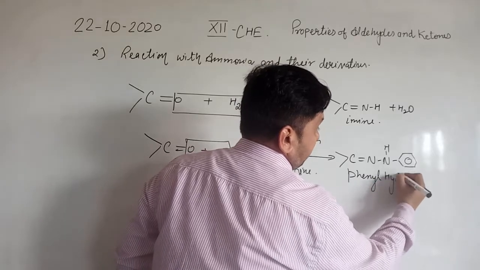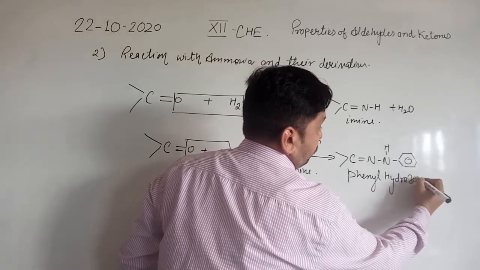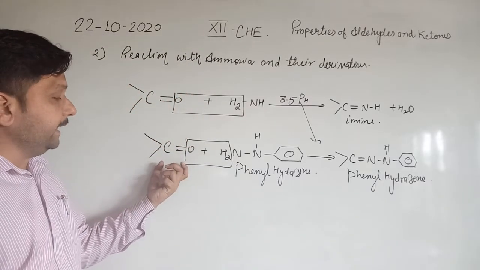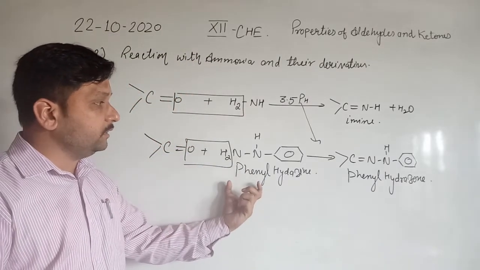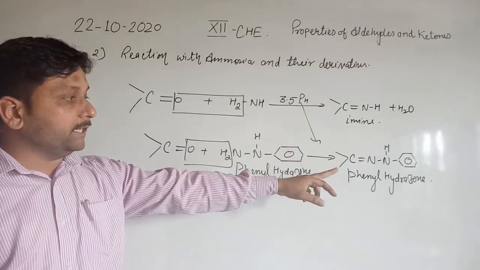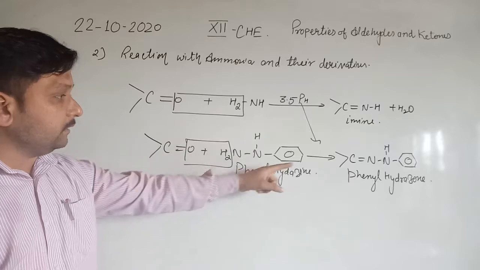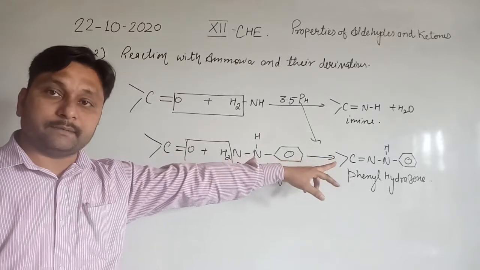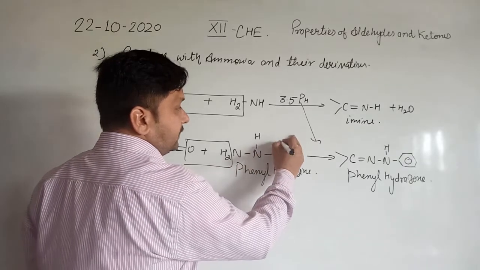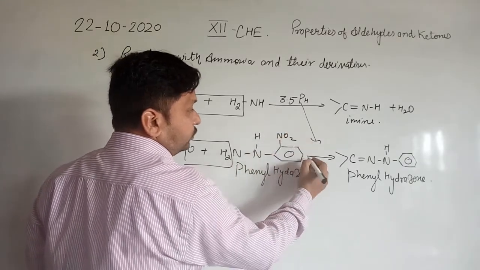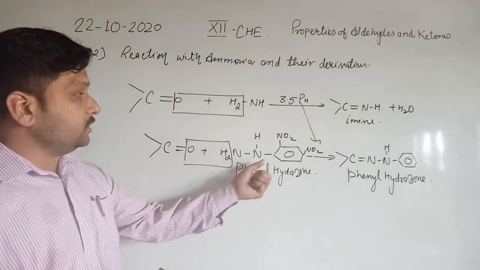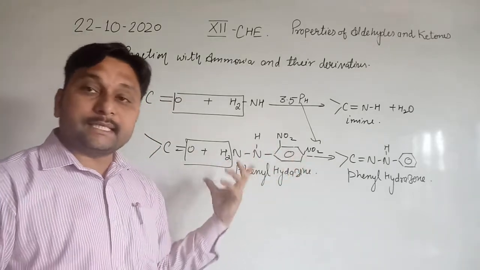Phenylhydrazone. Clear? So when aldehydes or ketones react with phenylhydrazine at pH 3.5, it will convert into phenylhydrazone. And see here again, C double bond N is present. Okay. If we talk about an NO2 group at ortho or para position, NH2NH benzene with NO2, this compound is known as